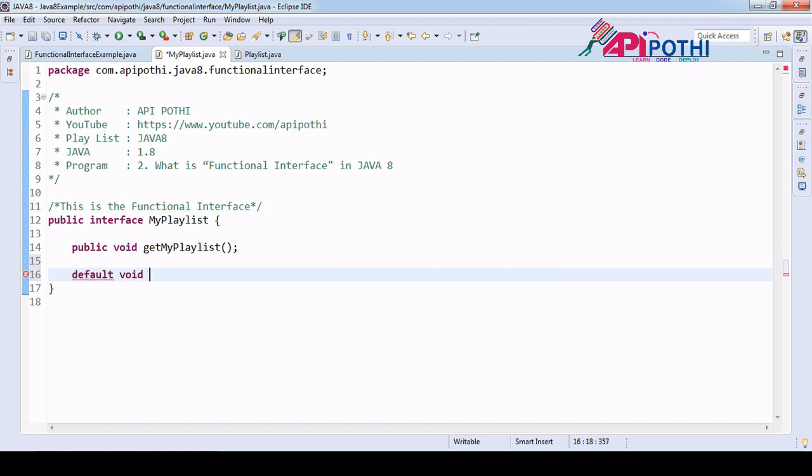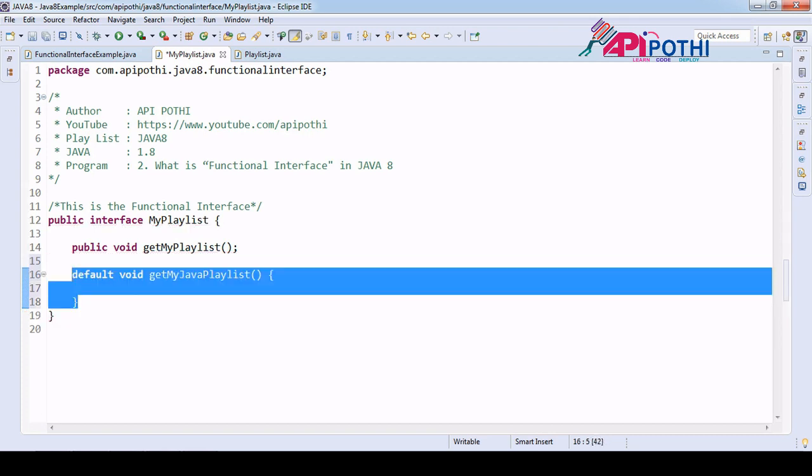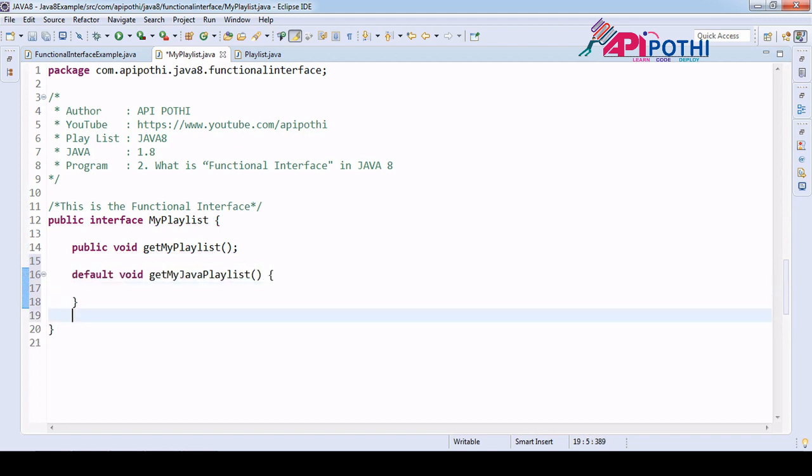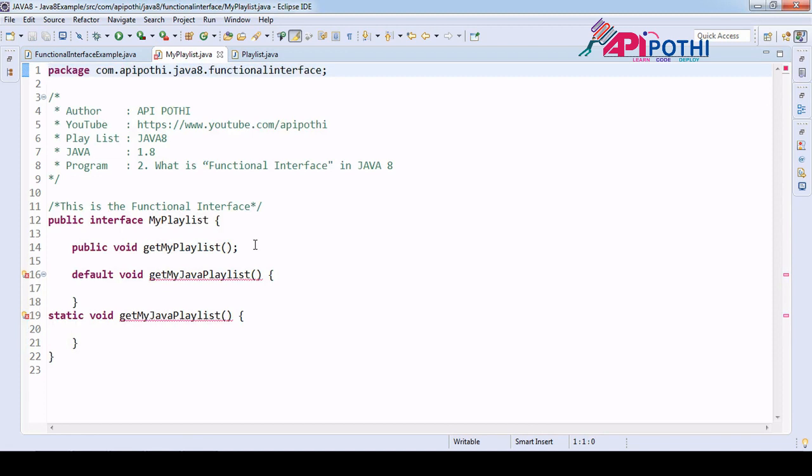void get my Java playlist. Okay. So this method is talking about the implementation. Okay. So as we also know, in Java 8 we can have the static method also. Okay. So somehow get my Java